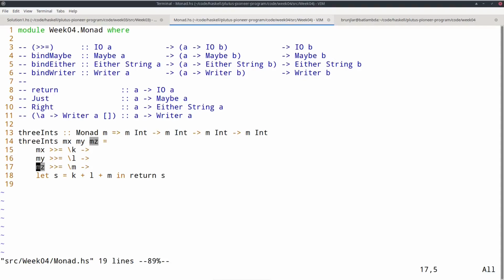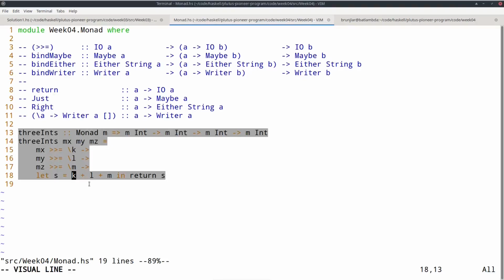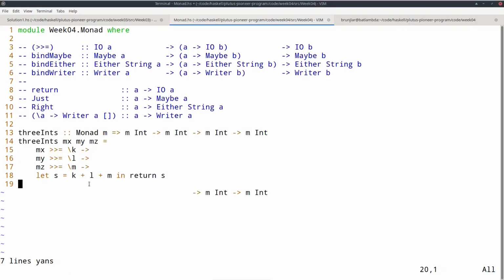One last thing that needs to be mentioned is do notation. Because monadic computations are all over the place, and we always have this pattern: we do a bunch of monadic computations, bind them together, and give the result a name. There's special notation for this in Haskell that's called do notation. It's just syntactic sugar, so it doesn't add any more power to the language. You could write everything simply like this, but actually how it would normally be written in Haskell would be using do notation.